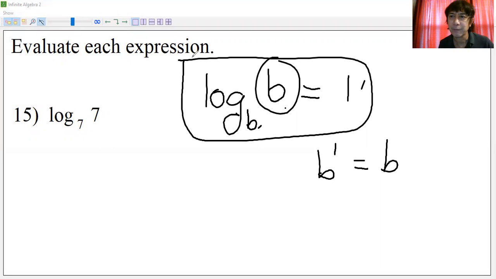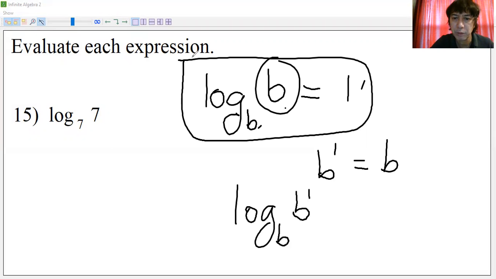Okay, and there's a simple explanation here. You can also write it this way. Logarithm of b to the 1, and this is base b. If this is your x, then that can be derived from the first property that we studied. Log of b to the x to the base b. Remember, if this is x, then that's x. So if this is x, then this is x. Like that. So if ever this is 1, then that is 1.